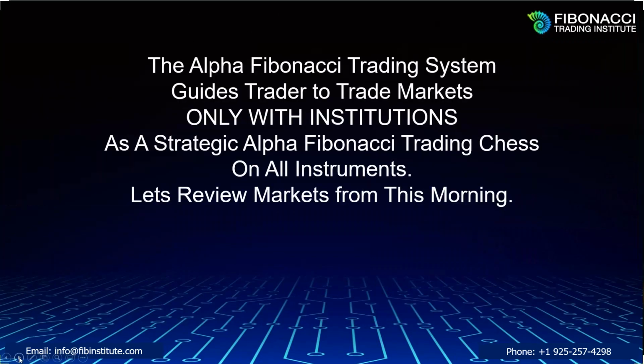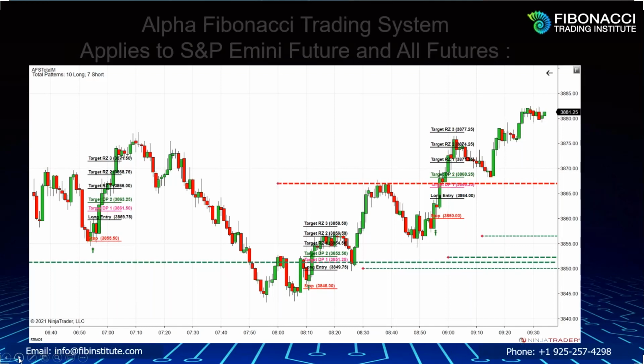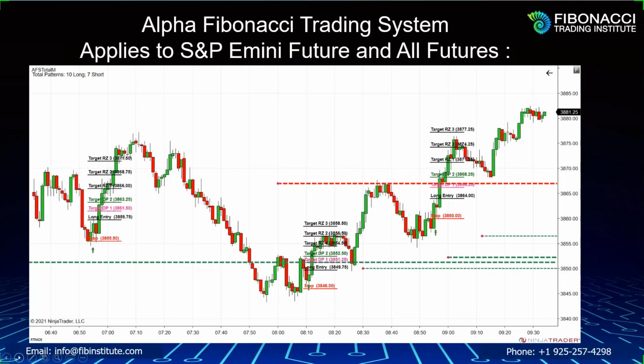So the Alpha Fibonacci trading system guides traders to trade the markets only with institutions, as a strategic Alpha Fibonacci chess on all instruments. Let's go to the charts in the current market, shall we? This is a chart from S&P from this morning with Alpha Fibonacci system on NinjaTrader 8. This is how simple the system is. If you understand what institutions do, if you understand where we are currently in the markets, this is Alpha Fibonacci